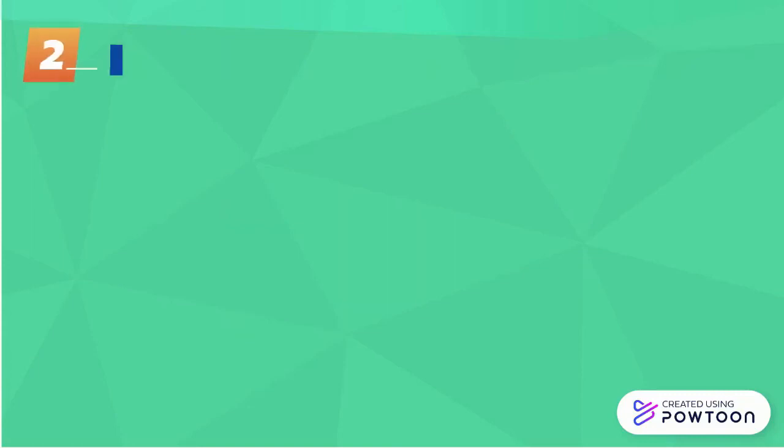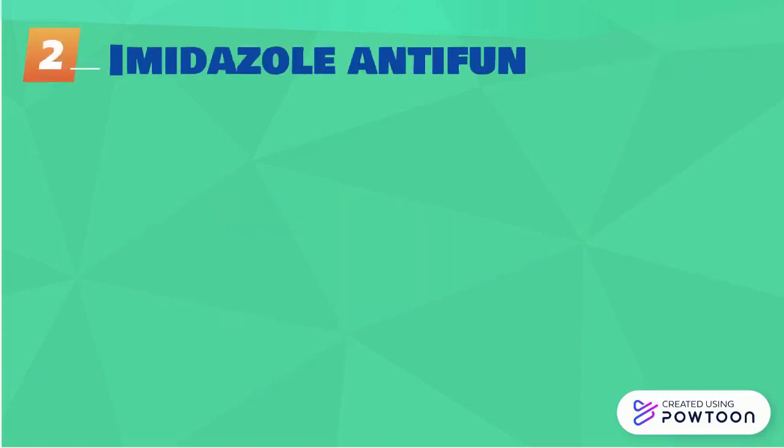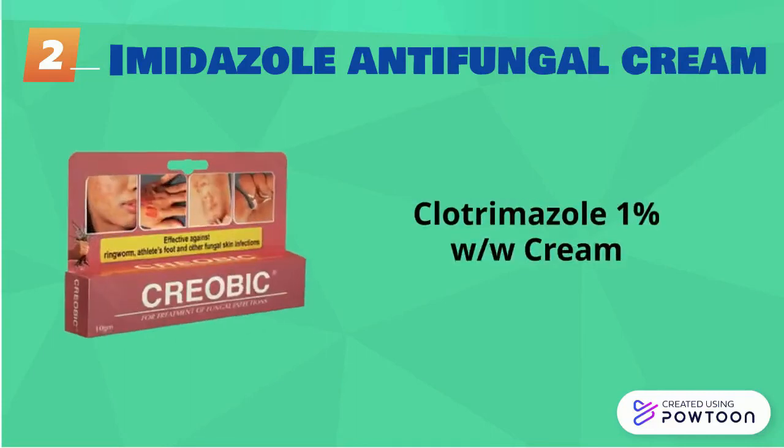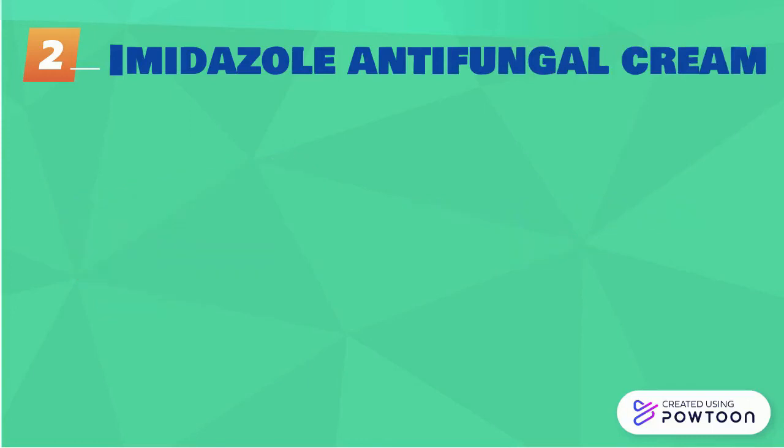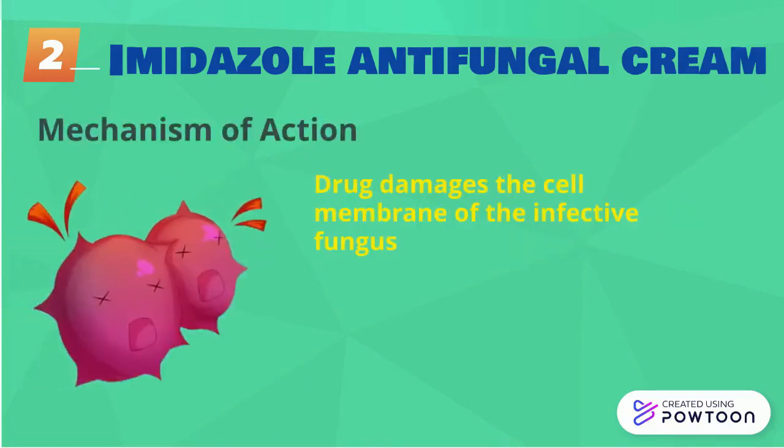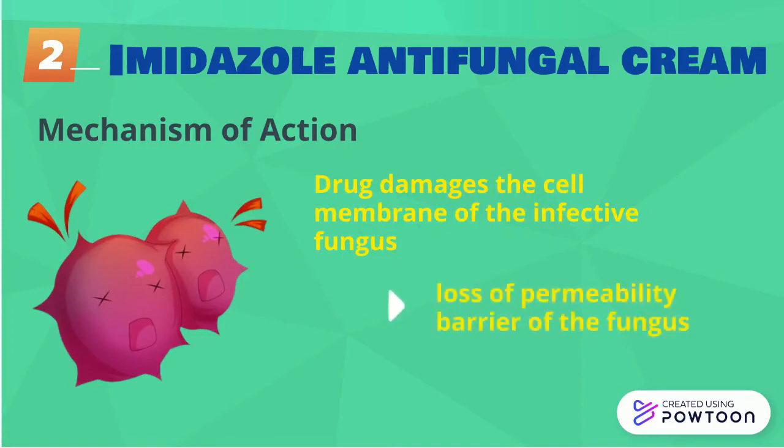The second type of cream that can be used for athlete's foot is imidazole antifungal cream, such as clotrimazole 1% cream and miconazole 2% cream. The drug acts by causing damage to the cell membrane of the fungus that causes loss of permeability barrier of